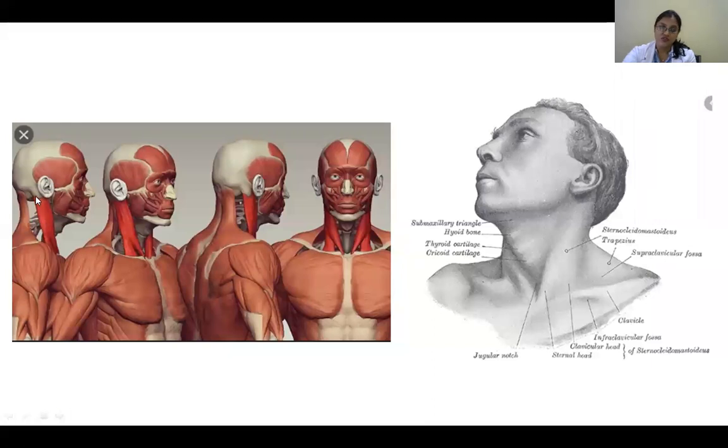Okay, so this is your mastoid process, so behind the ear. And then here you can see the most important muscle, a key muscle of your neck, your sternocleidomastoid. Again, when you are dissecting the gluteal region, we heard of the piriformis as the key muscle. So here you've got your sternocleidomastoid. This is the clavicle, it's been shown here. This is the sternal end, this is the clavicular.